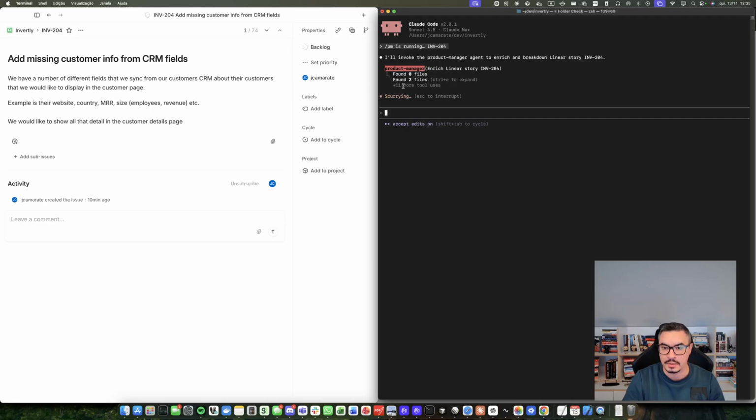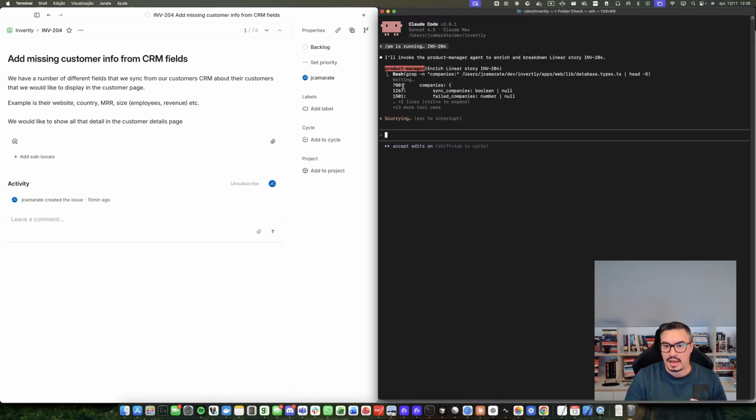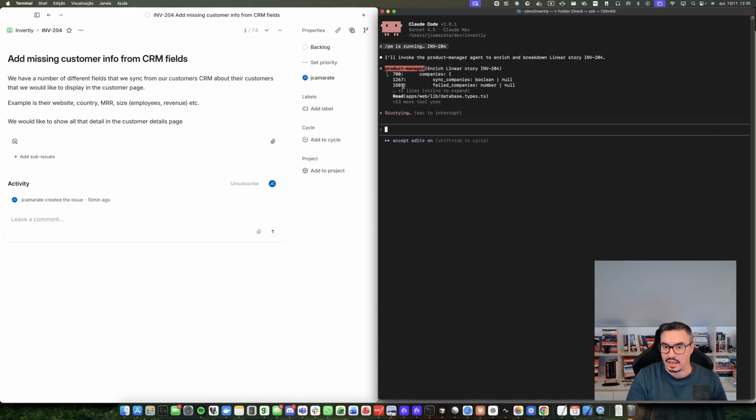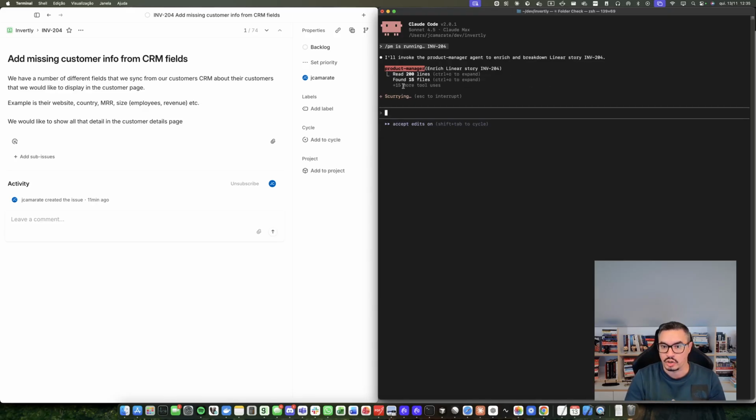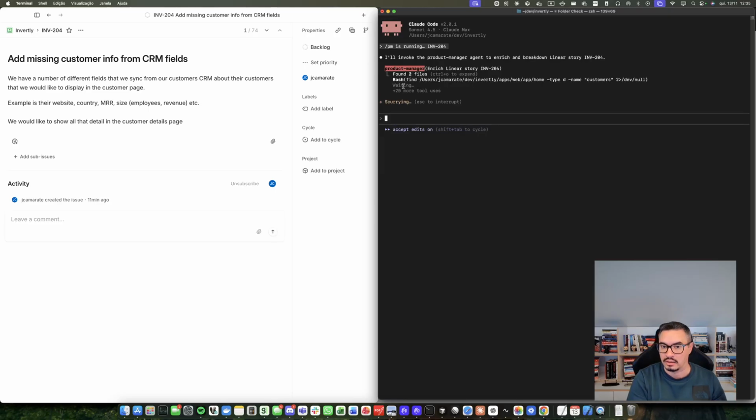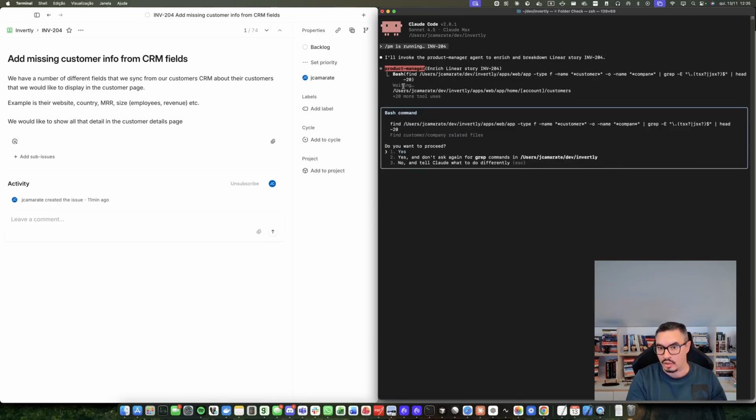code base. And the definition of this product manager is actually a technical product manager. So it's a combination of product manager and code base explorer. The idea is that the product manager is not that technical, but it's technical enough to understand how a certain feature will fit the existing code base. And that's going to give it the ability to write the story with a lot more detail than otherwise would